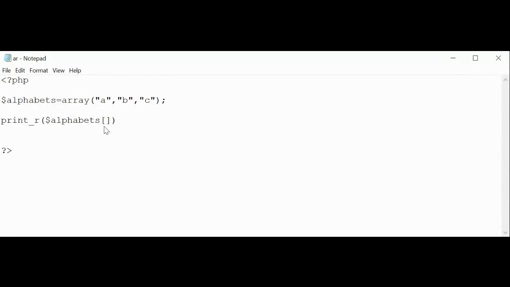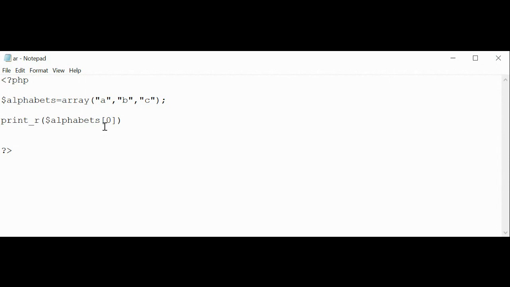So go back to the code. You can see here, this is the purpose of print_r, it's going to print out the key and the value. But what about if you simply call an offset here, right? It looks like the example which is similar to the one that uses echo, right? Yes, right. And you know that print_r is going to print out the key and the value. So is it possible to call an offset? Yes, it's possible. So if you have this, it's going to print out,